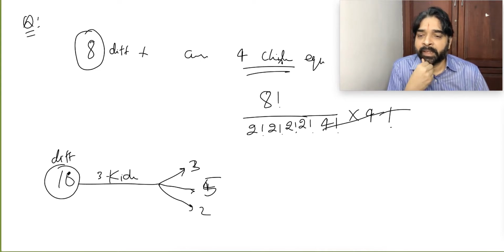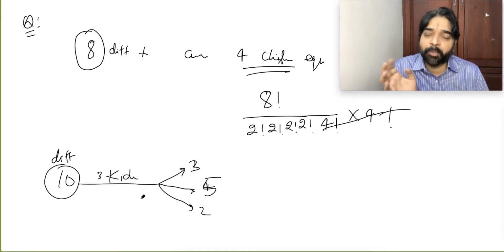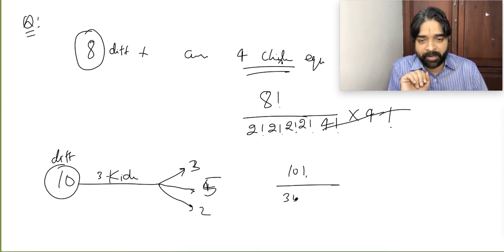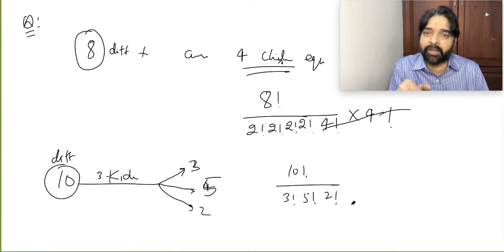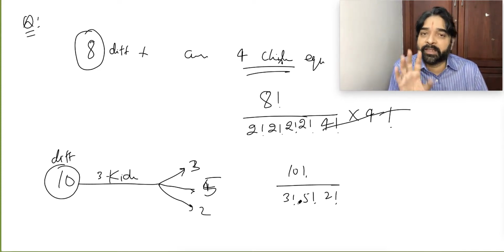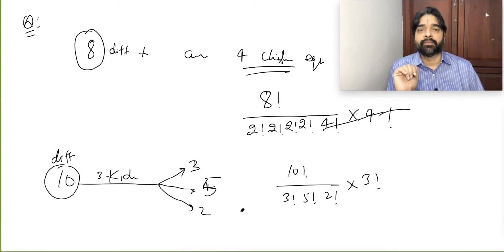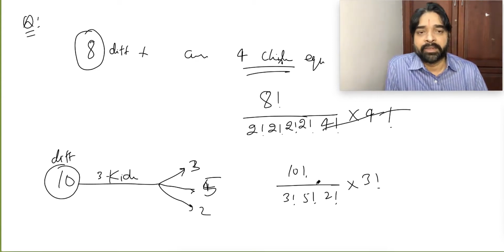Listen to me. Is it grouping or not? First thing to decide: is the distribution grouping or not? Yes. Size is predefined or not? Yes, size is predefined. Order important or not? Order is also important. Equal grouping or unequal grouping? Unequal grouping. So I will say 10 factorial by 3 factorial, 5 factorial, 2 factorial. This is the grouping only. This is just grouping, into 3 factorial. Why? Because the order is also important. How many of you got it? Is this clear to everybody?